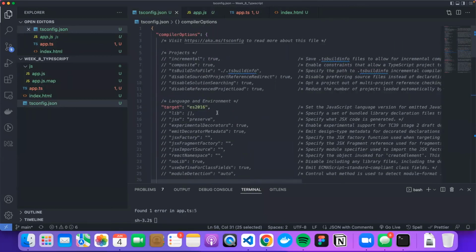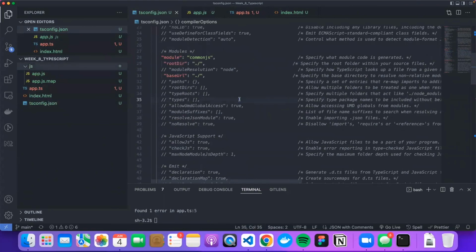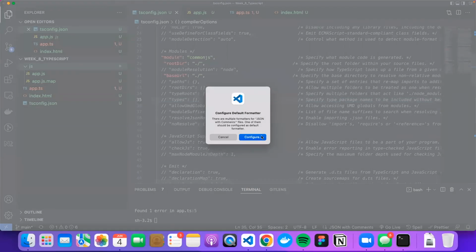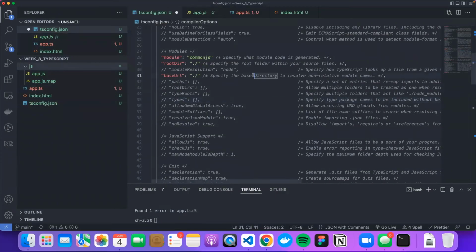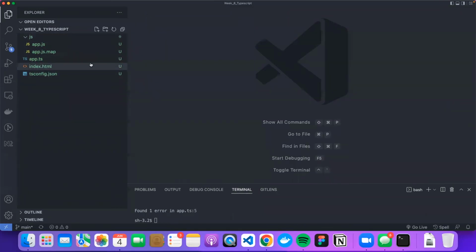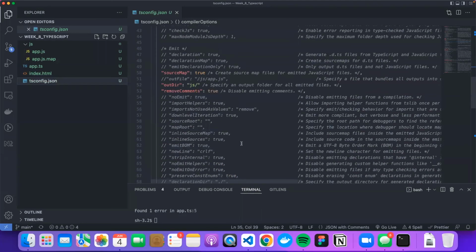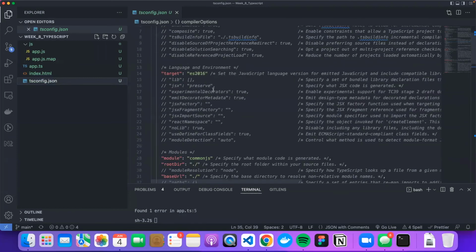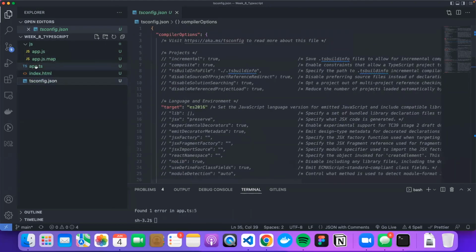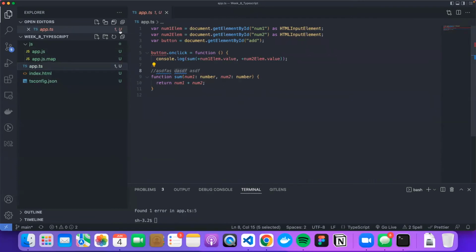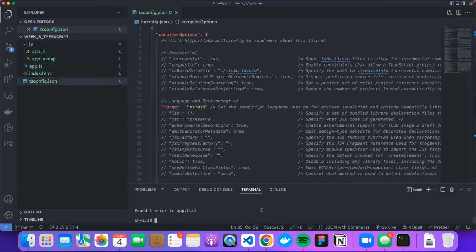Okay. So my problem was that VS Code doesn't have permission to create a folder and file on the machine. So it was not properly loading. So that was the problem with my code earlier. Anyway, the thing that I wanted to put forth is that you can change the configuration and you can change the way that you create your TypeScript file into JavaScript. Now you can say tsc